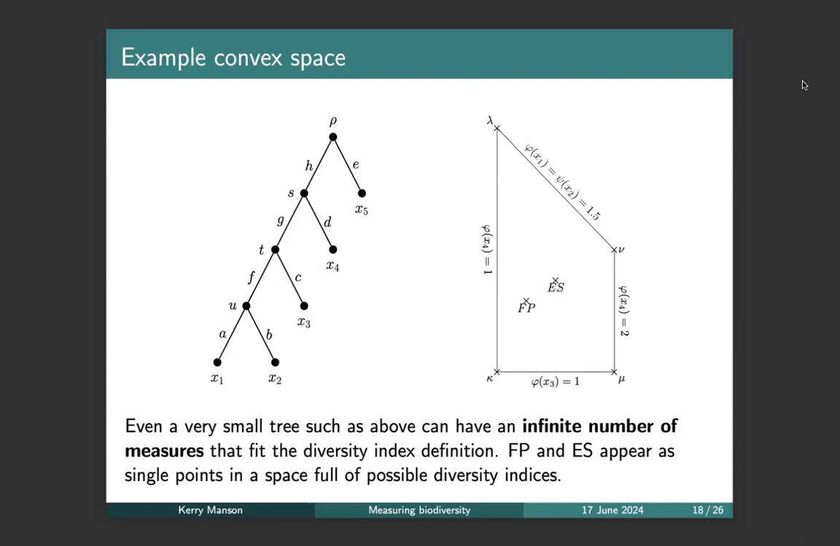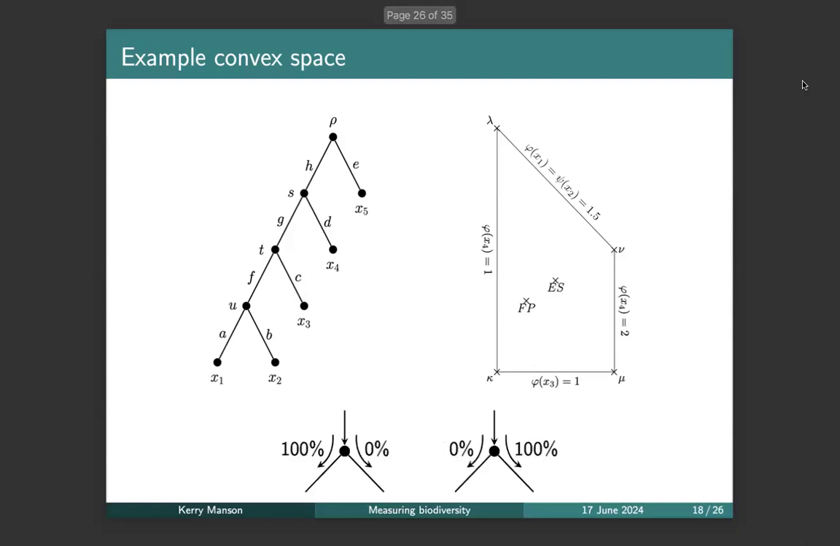And these two are reasonably centrally located. As we get closer to the edge, we are making stranger and stranger choices, in a way less biologically reasonable ones. And when we get to the boundary here, what's happening is we're saying that there's going to be a 100% split on one side of a vertex and 0 to another. So that's